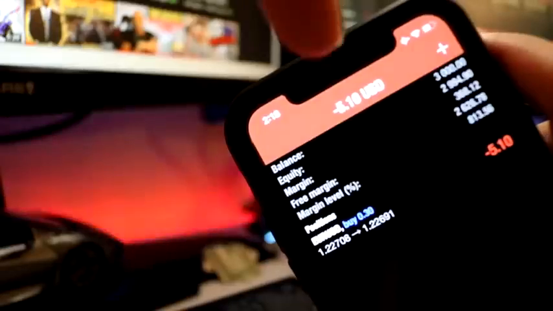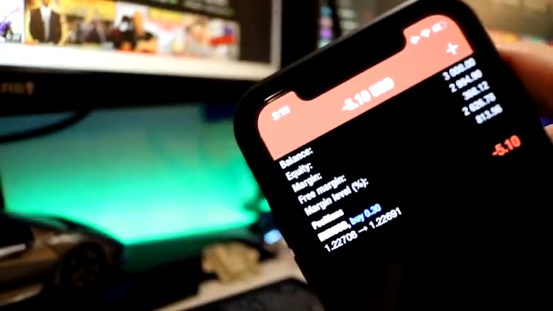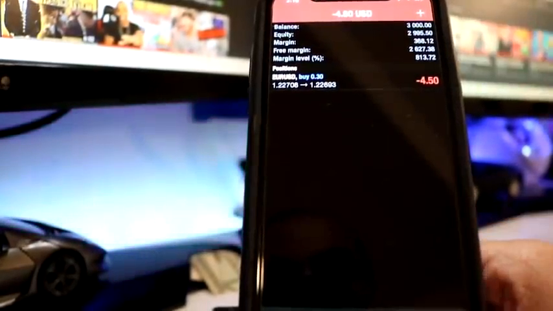But right at the top right here is gonna be your total amount of profit or loss in the current trades that you're in. All right. And that's really all you have to worry about as someone that's brand new to MetaTrader 4. If you're brand new to MT4 and you're just getting used to this, you don't really have to focus too much on this page right here, except your account balance, your equity, all right,